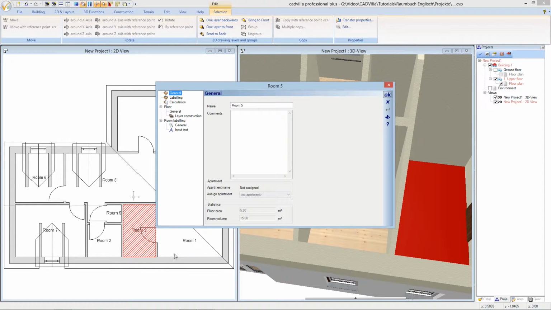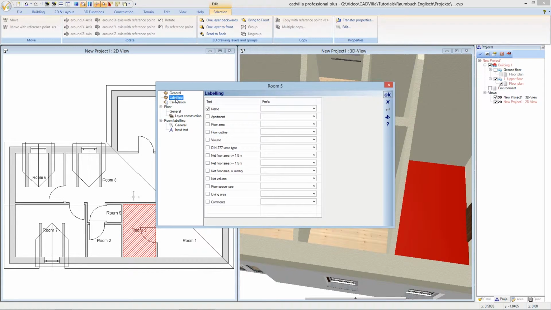The room properties open and we click on Labeling. Here at the point Labeling, we can select different area calculations and display their square meters in the room labeling. We select, for example, the floor area text